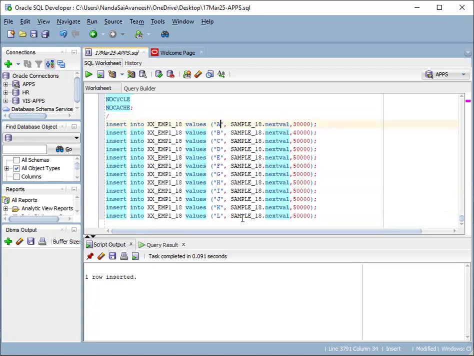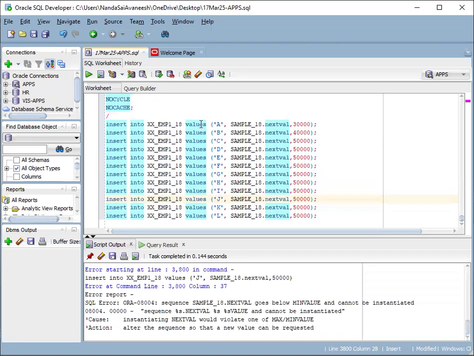This is the first record I'm going to insert. First record is inserted. Second record, third, fourth, fifth, sixth, seventh, eighth, ninth,